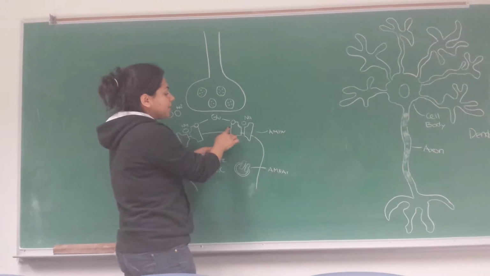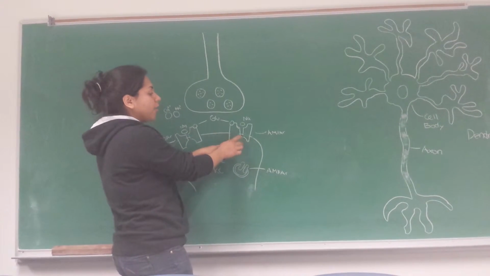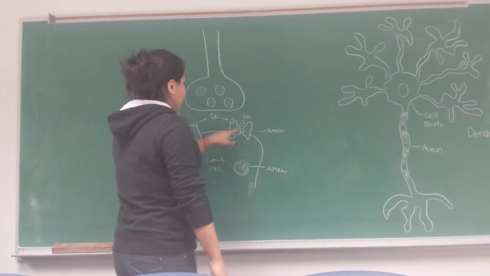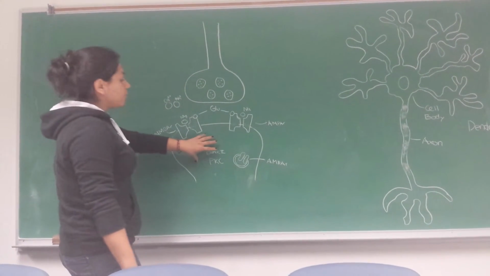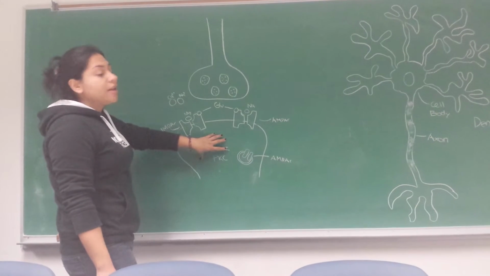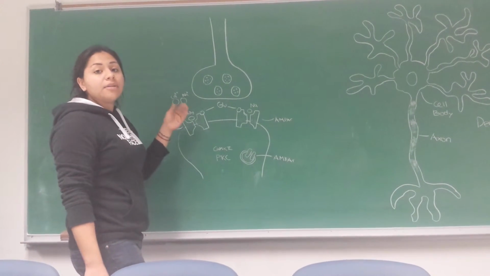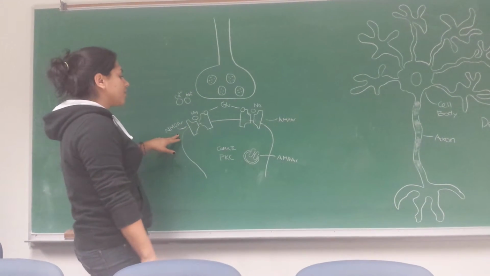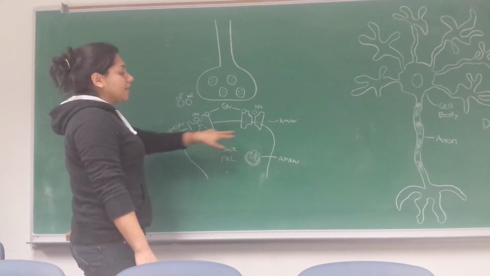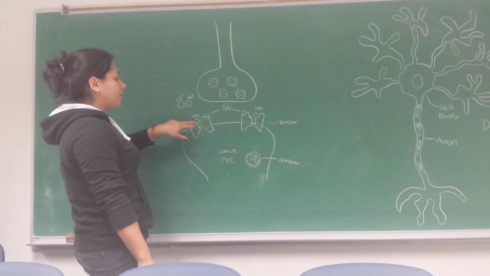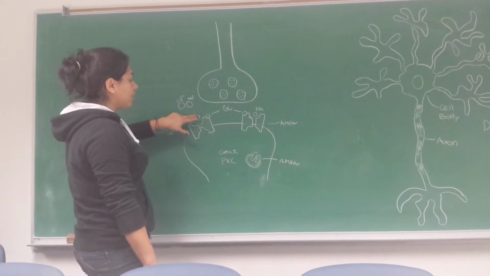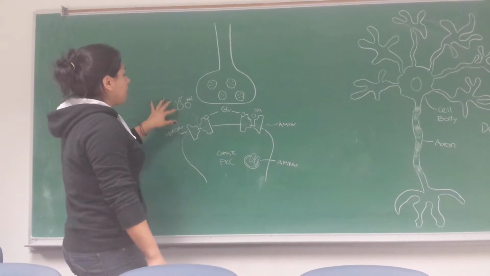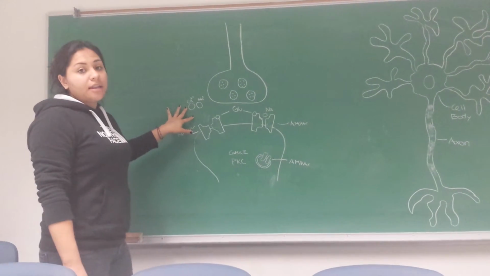Once glutamate activates this receptor, it will open, allowing sodium ions to come in, and then this will cause a depolarization in the cell, meaning that it will have an increase in voltage. And then once this occurs, this will allow for the NMDA receptor to be activated. This, unlike the AMPA, has a magnesium ion that obstructs the passage of other ions. So once it's depolarized, the magnesium is able to move out, and ions such as calcium and sodium are able to